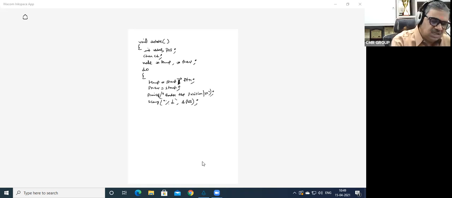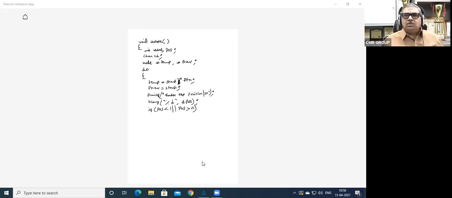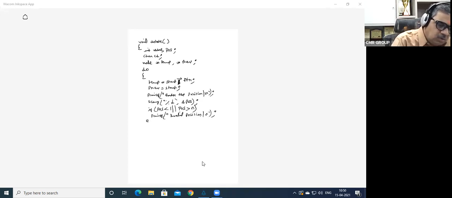Now if pos is less than 1 or pos is greater than n, is this position possible? No, sir, it is not possible, right? So what are we going to do? Simply print a message saying invalid position. Now we are going for the else part.